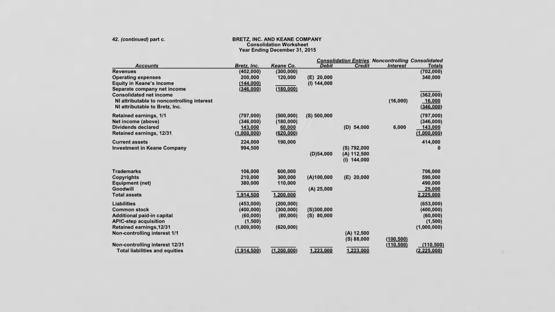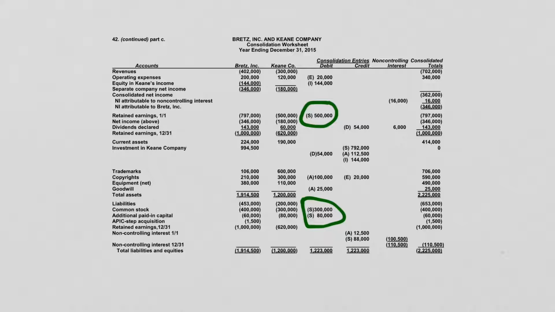First of all, let's just do the S entry, follow that along. You see the S entry gets rid of opening retained earnings, gets rid of the additional paid in capital and the common stock. That's the S entry, and the credit's going to be to the investment account, with an exception to the fact that there's a non-controlling interest. So if the total of the S entry on the debit side right now is 500 plus 300 makes 800 plus